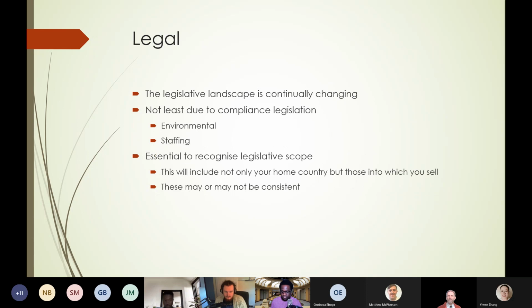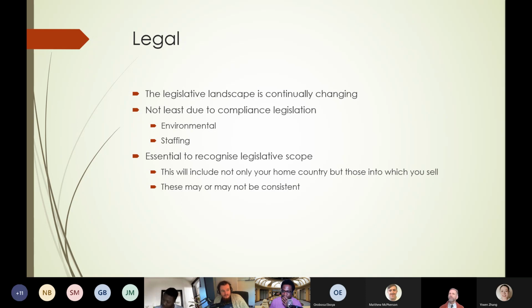Okay, so that's PEST. Now we've got to L, which is legal. What happens in terms of the legislative environment? What's changing? Do you have any new regulations that you need to cope with? Are there specific things coming in? Are there health and safety issues? Are there environmental issues? Are there changes to national insurance that mean that your staff have to have different things?